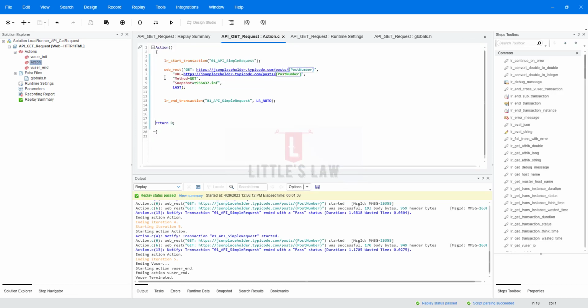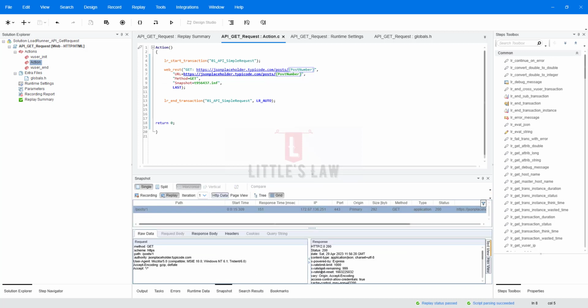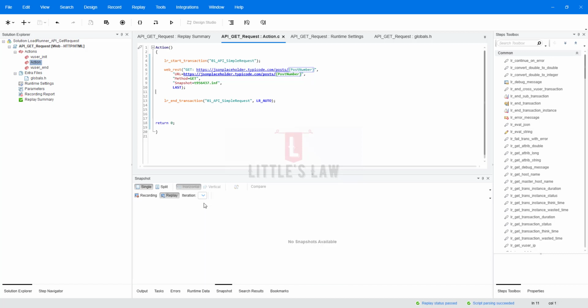Every action has been completed and every action is successful with a pass status. So let's now go to the snapshot here and let's watch the results. So here, let me just choose it,